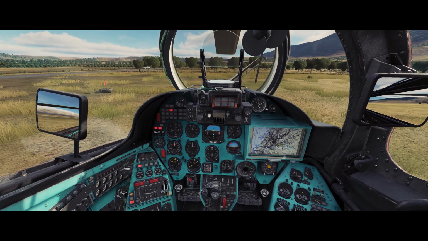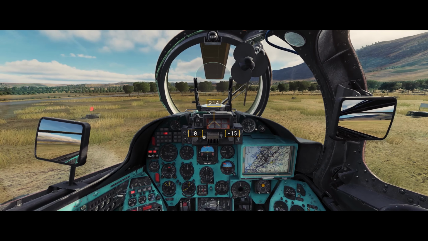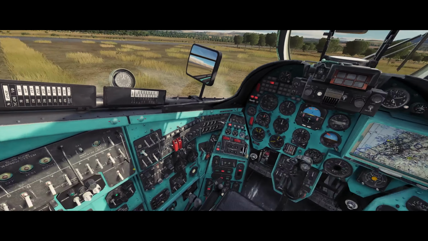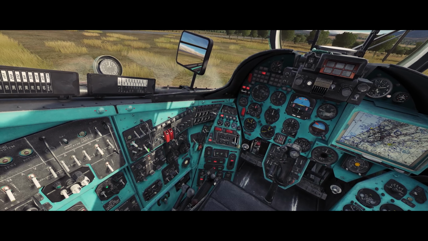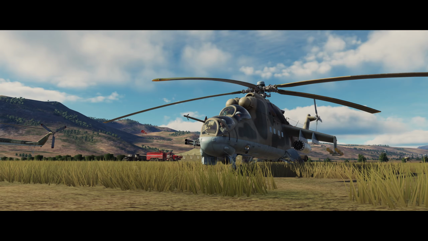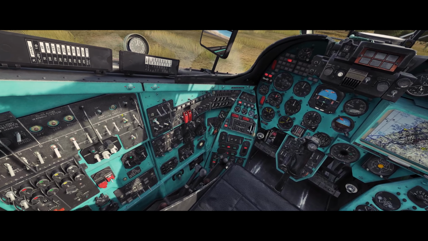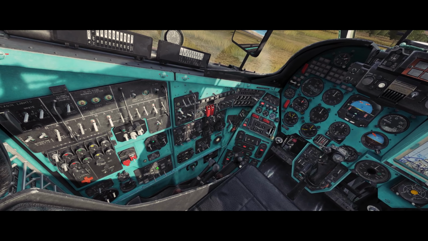So let's ask Petrovich to turn on the weapon systems and warm them up. Gotta make sure we're visible. At least for now. Don't want to give away our position to our enemies later on, but...